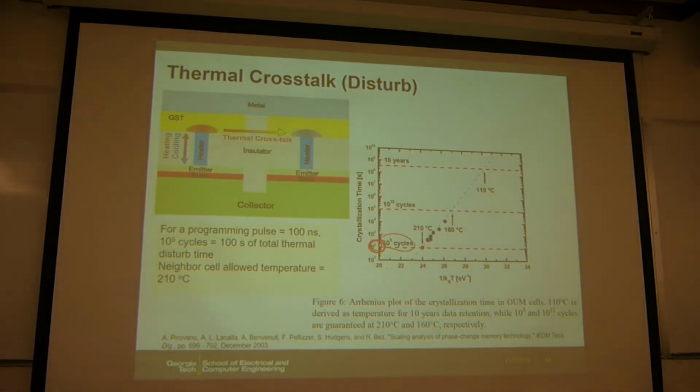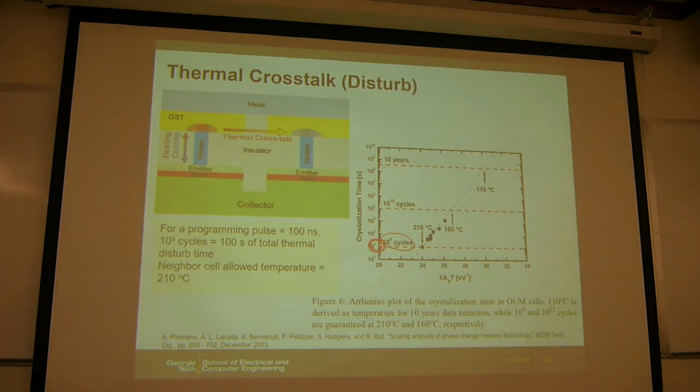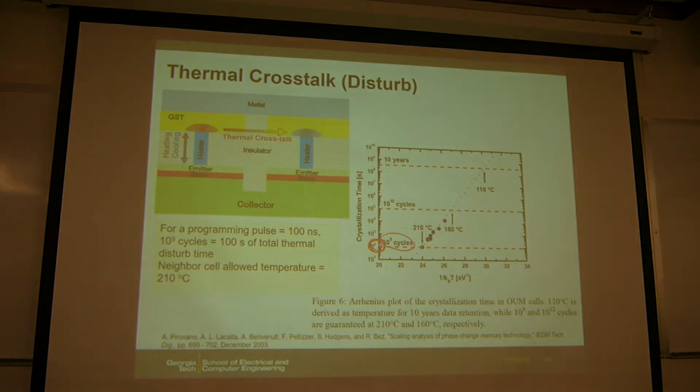Equivalent to the 10 to the power 9 programming cycle. So if you look at the retention here, for 100 seconds, the device can sustain the temperature 210 degrees C. That means for this adjacent cell, the maximum temperature can only be 210 degrees C. If it's above that, then after this 10 to the power 9 cycle, this adjacent cell's state will change,